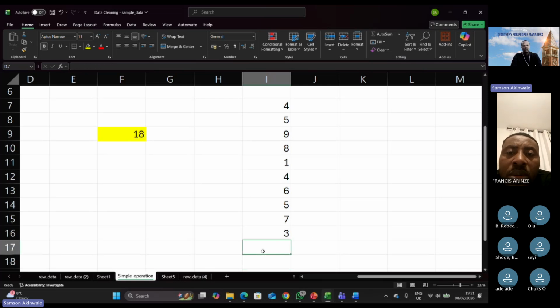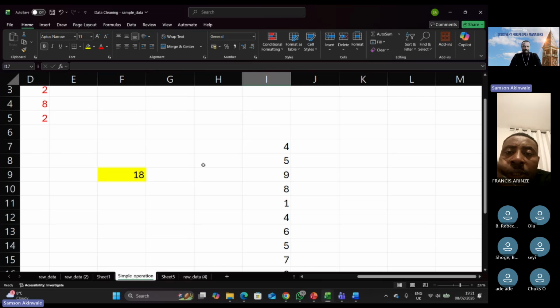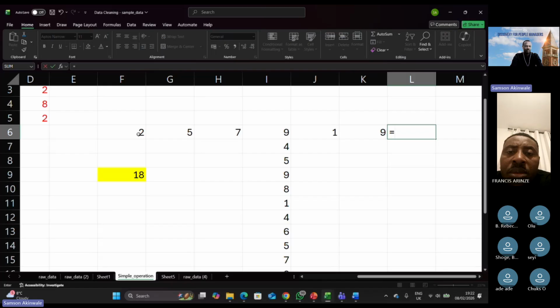I can equally say I want to know, for instance, sometimes you have a set of numbers that are quite large and you want to count how many they are. So instead of going through what the numbering is on my left side of this worksheet, I can ask Excel to count all these numbers for me because they can be quite many and they may not be aligned vertically. They may be on a horizontal plane like this. Let's say I have 2, 4, 7, 9, 1, 9, like that. And I want to count it. It may be very long. So in counting, I can equally say, okay,